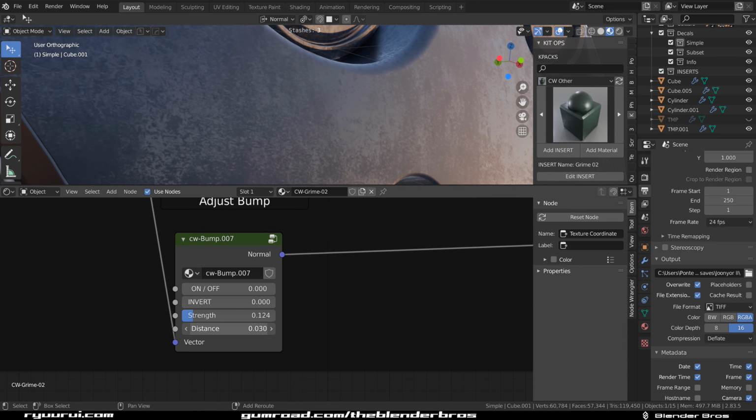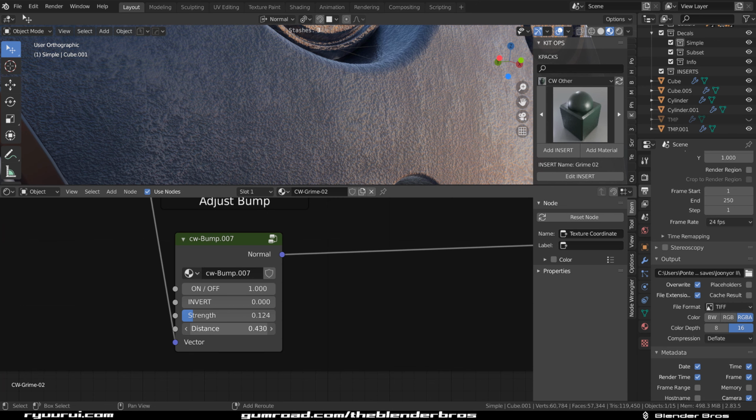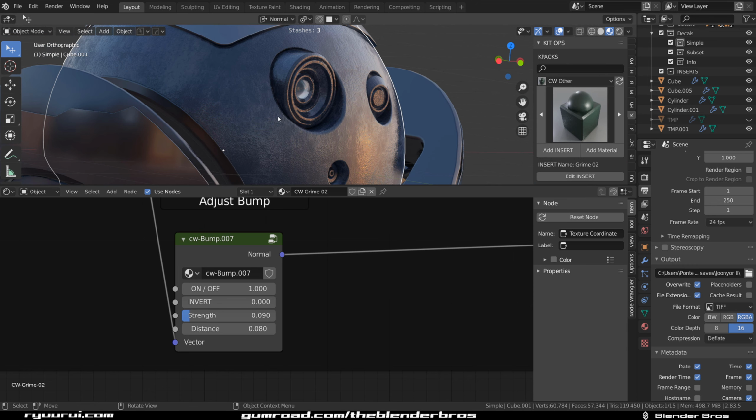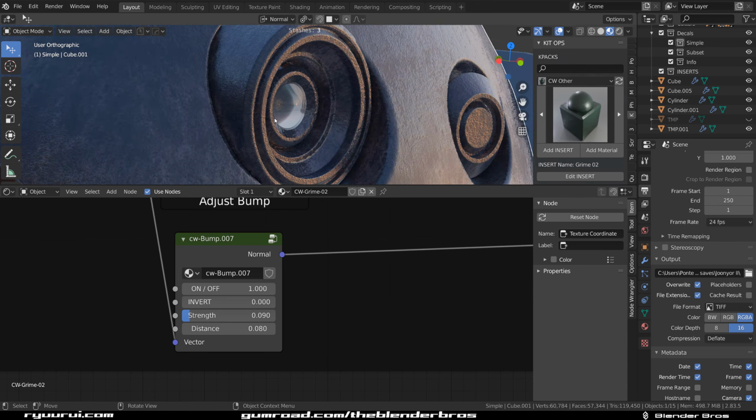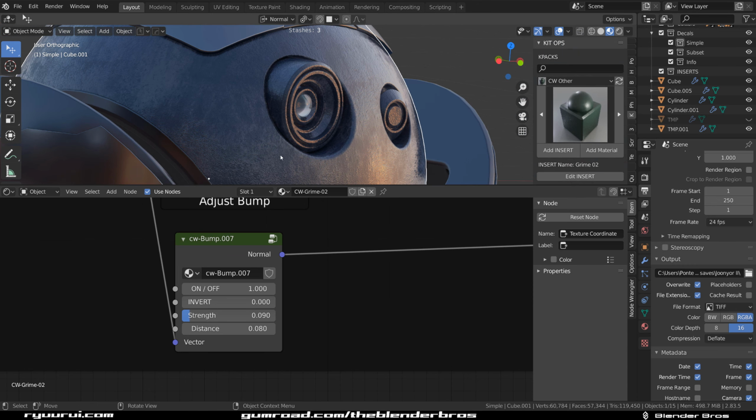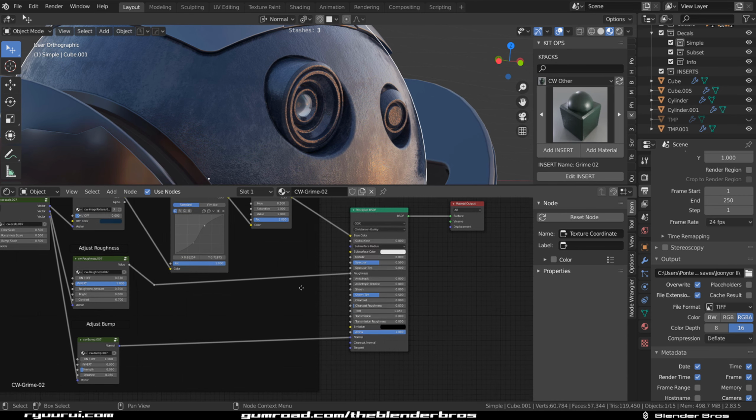And this distance cannot be 0. Hang on a second. Turn it on. There we go. And distance is a little bit too high. Let's make it a bit smaller. And strength, this is crazy, guys. Let's not make it so strong. Something like this will do, right? But there you go. Now, in addition to all this, there is